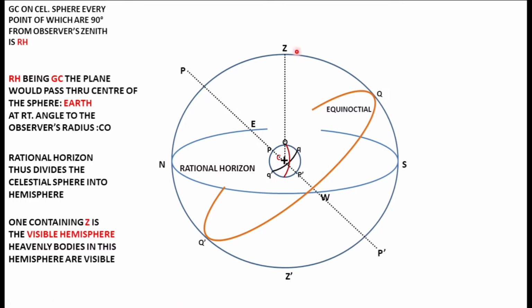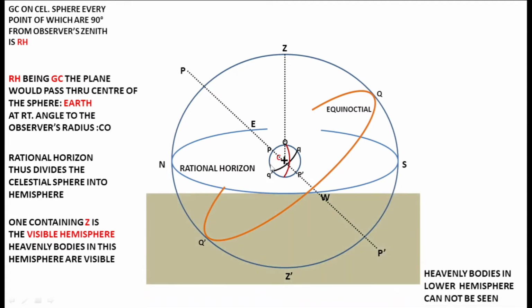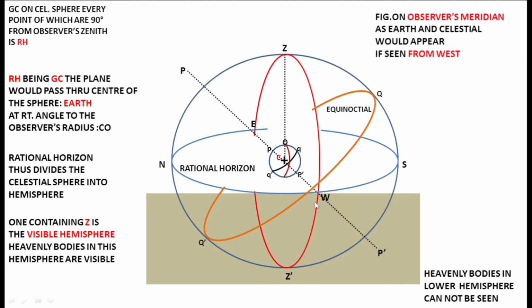The one containing the zenith, or the observer, is the visible hemisphere. So all the bodies which are here on top will be visible to us. The one below the rational horizon, we cannot see anything. So only bodies on the visible hemisphere will be visible to us. And a great circle passing through zenith and nadir is your vertical circle. And this is a figure